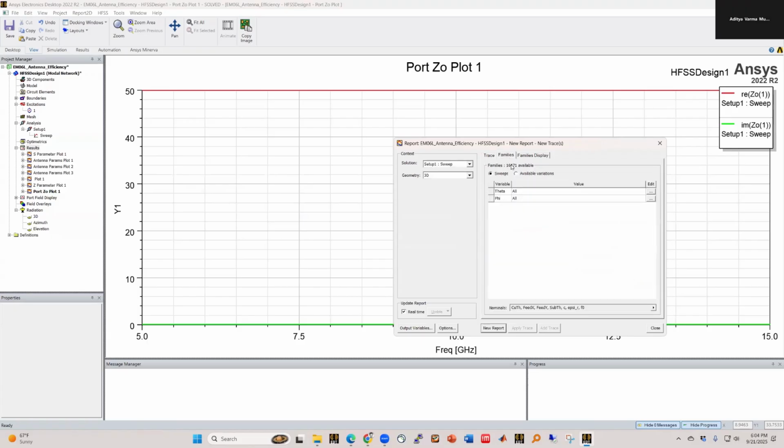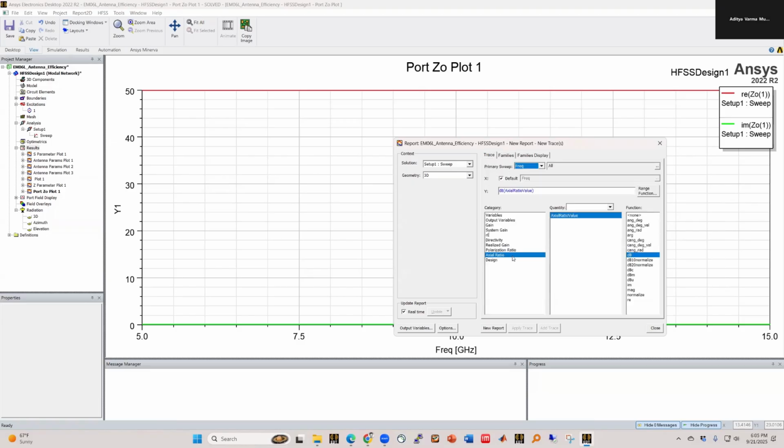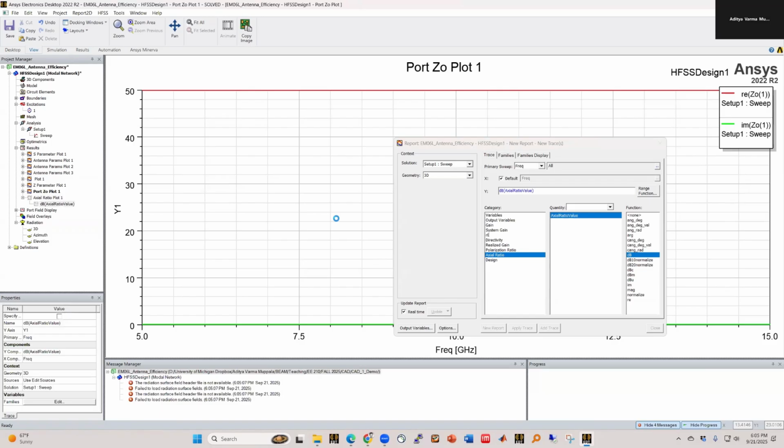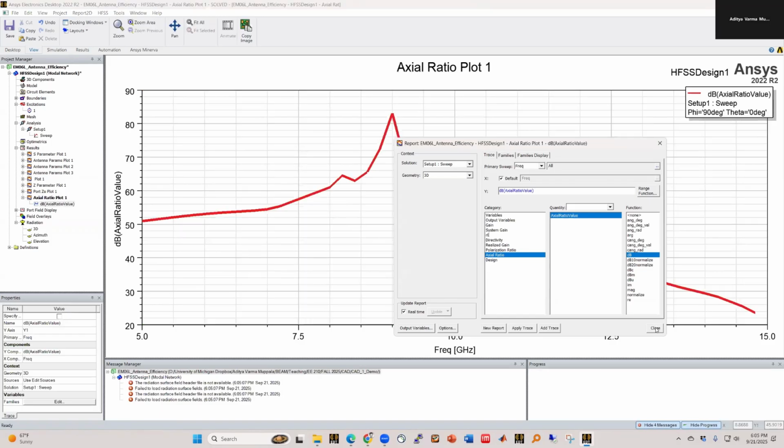But then you have to go into this family and select the boresight value. Boresight is, in this case, theta equal to 0 and phi can be anything because theta is 0, but I usually like to set it to 90 degrees. Okay, theta 0, phi 90, axial ratio dB, frequency, we can set new report, and that should plot the axial